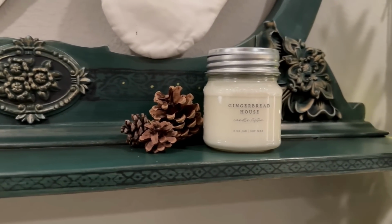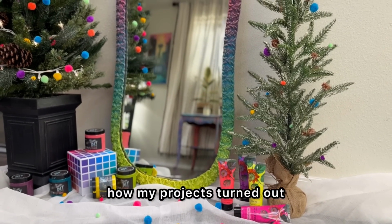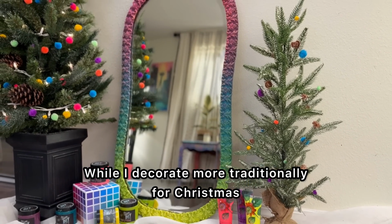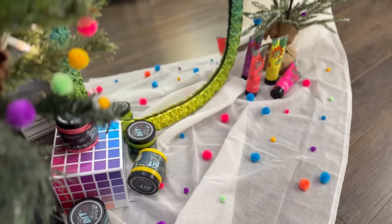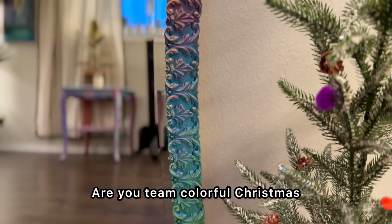the angel. I'm so pleased with how my projects turned out. While I decorate more traditionally for Christmas, the colorful palette really is so inspiring for my office. Are you team colorful Christmas or team